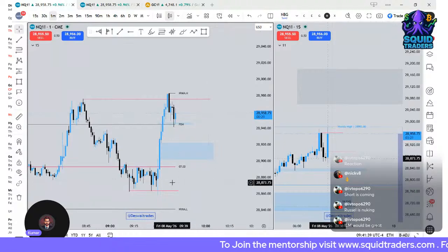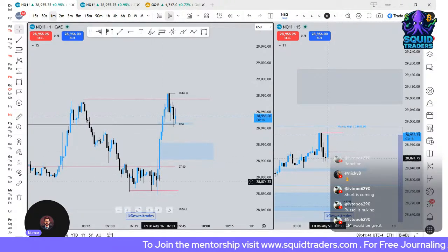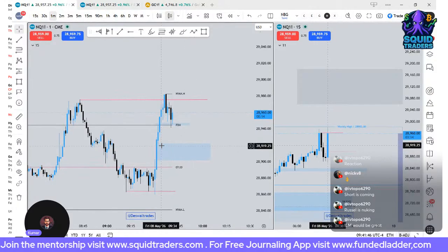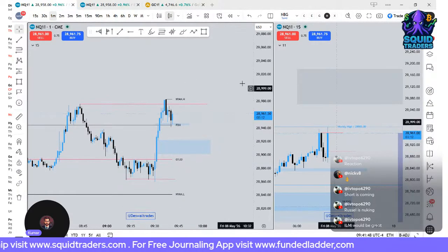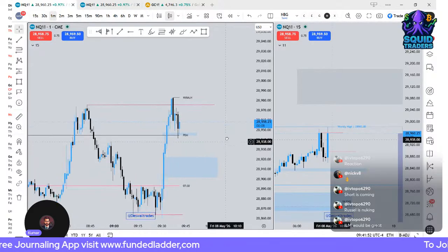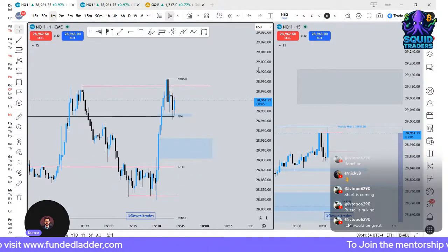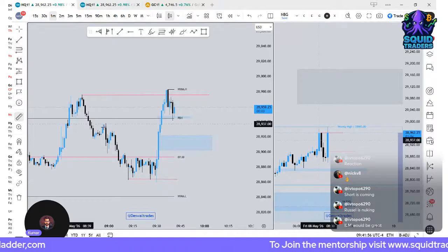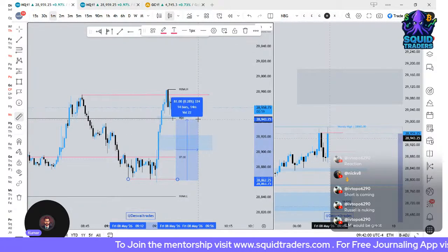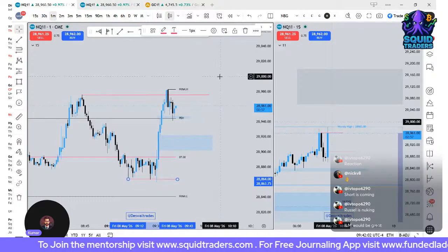A lot of people jump in when they see this big green bullish candle, straight away, oh yeah, long to the moon, and that's how you blow your accounts. I mean, come on. Why would people buy with a 70-80 points, 100 points stop?